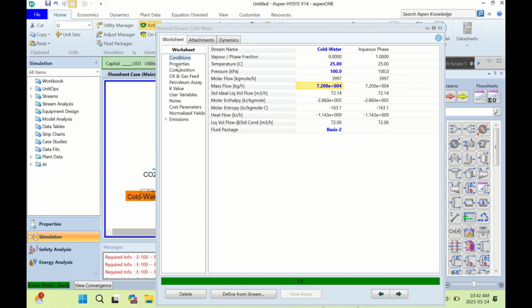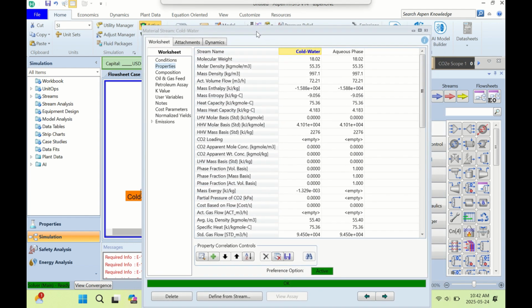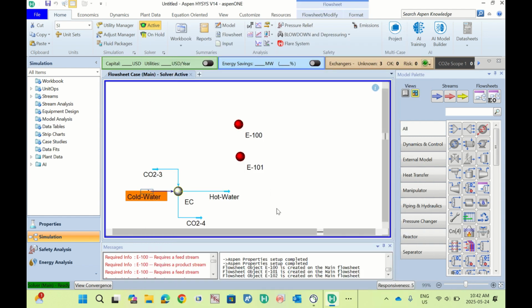As we can come to the properties, we can see the different properties of this stream. Molar density, mass entropy, mass enthalpy, mass exergy, and different properties that if we need to do any other extra simulation or analysis, we can find them here. Okay,